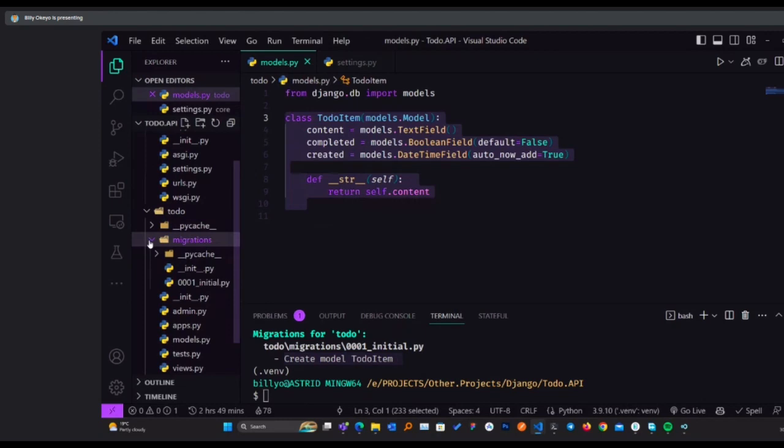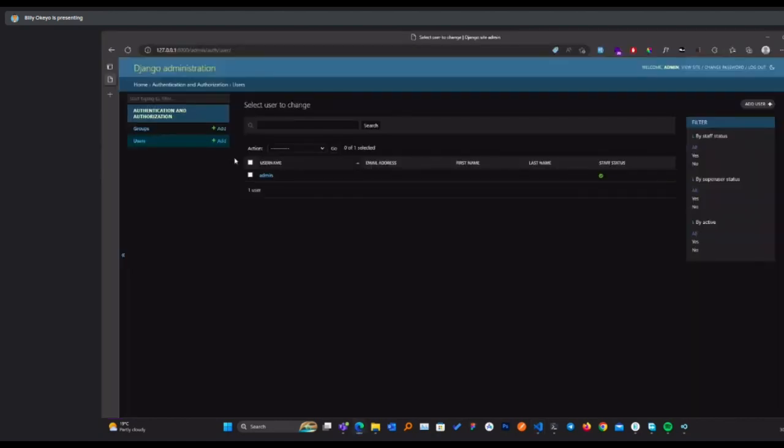So I'll just run the server, come to the admin panel, refresh, but still we won't be able to see it. So now that's where the admin.py file comes in, because I told you initially that here we are specifying anything that we need to appear in the admin panel.